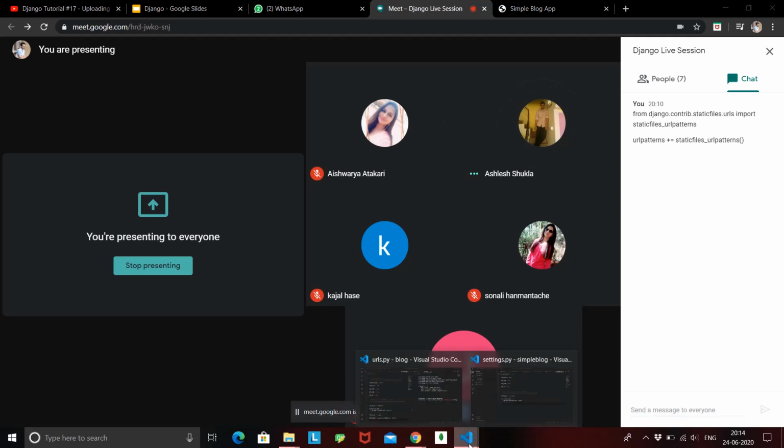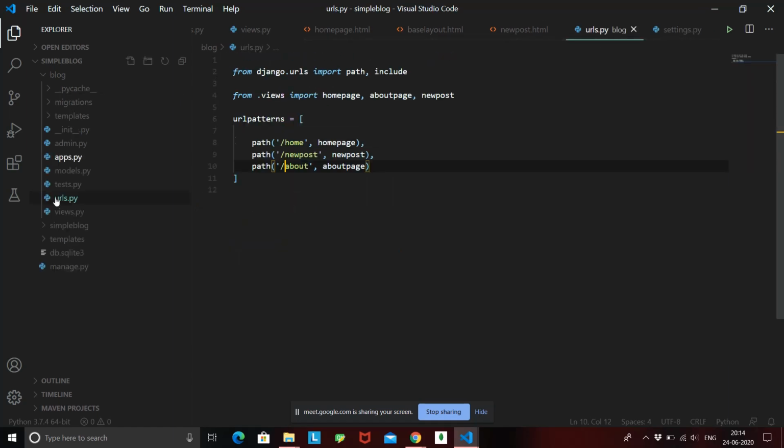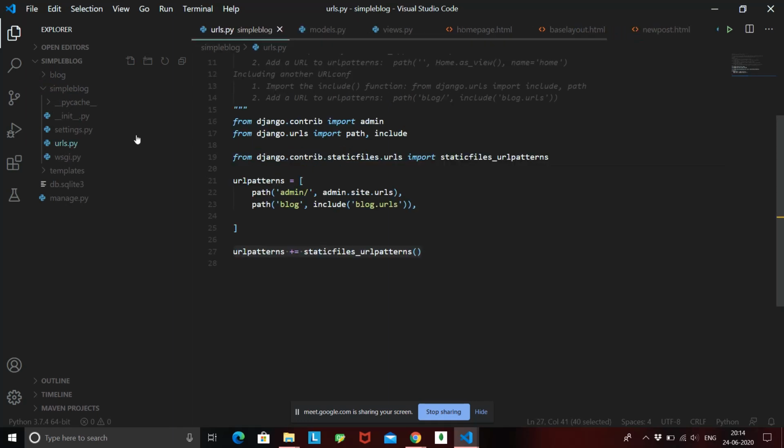I'll just repeat one more time what we are doing right now. Is it clear till now? In the urls file inside simple blog.urls, we imported the static files URL pattern, and then we joined it to the base URLs.